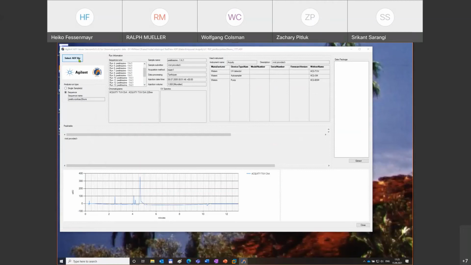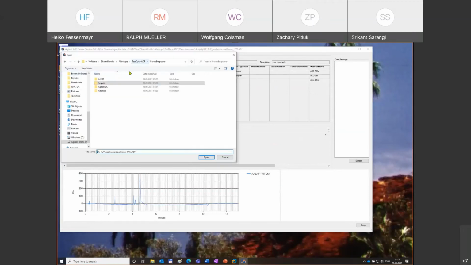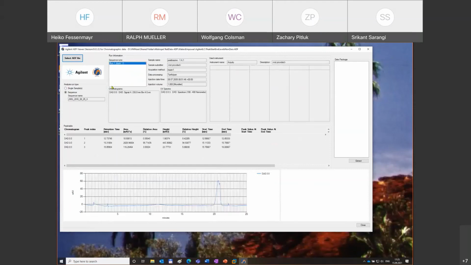data. And let me go over to data that has been acquired by Empower using the Agilent LC information. Let me pick this one. So that shows the sequence with 3 runs. So here, this is the Agilent. Compared to the OpenLab CDS and ChemStation, there's currently the Agilent LC visualized as a monolithic instrument, since we don't get the detailed device information by now. But you can see here the most important information, like the peak table, and also there is the spectrum information